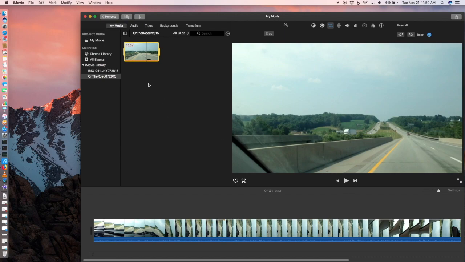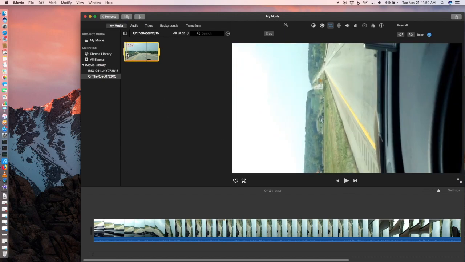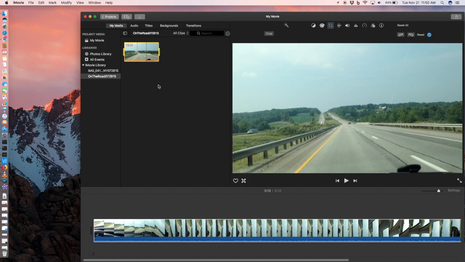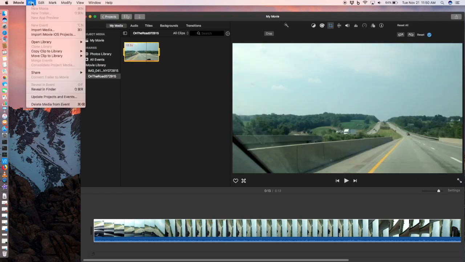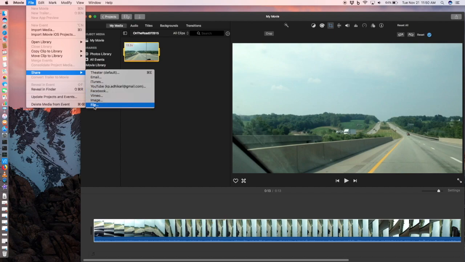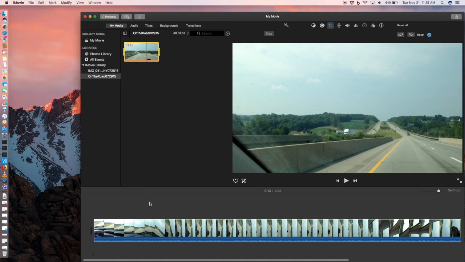So if you want to rotate the whole video, you can simply select the video in this browser area, and then save this video by going to File and then Share and then File, or simply YouTube or whatever, wherever you want to save it or upload it to. But if you are interested in rotating only part of the video, then you would have to first of all